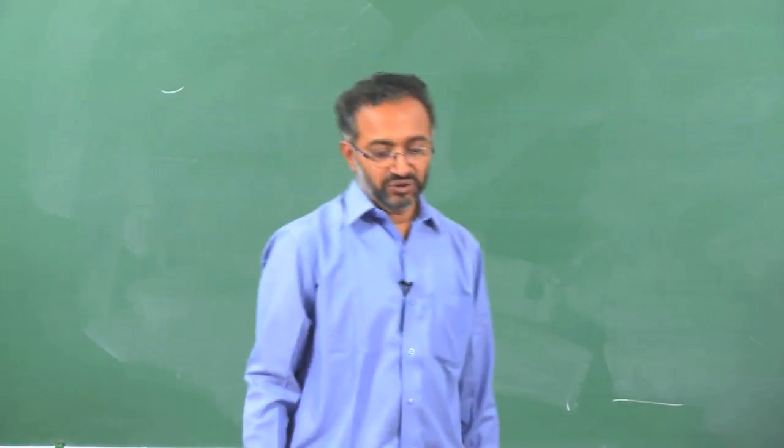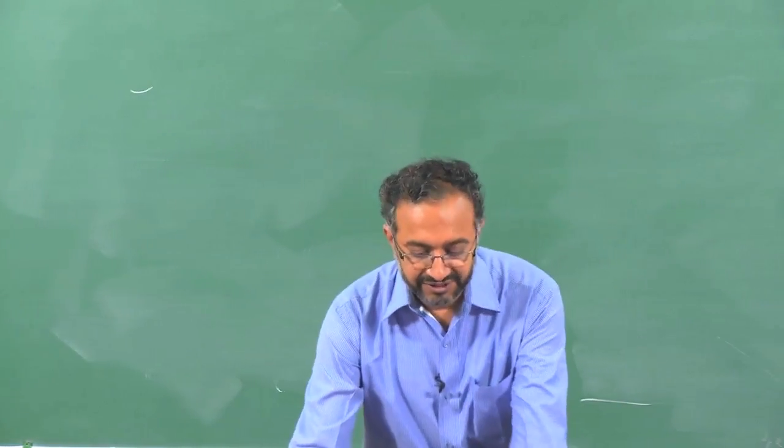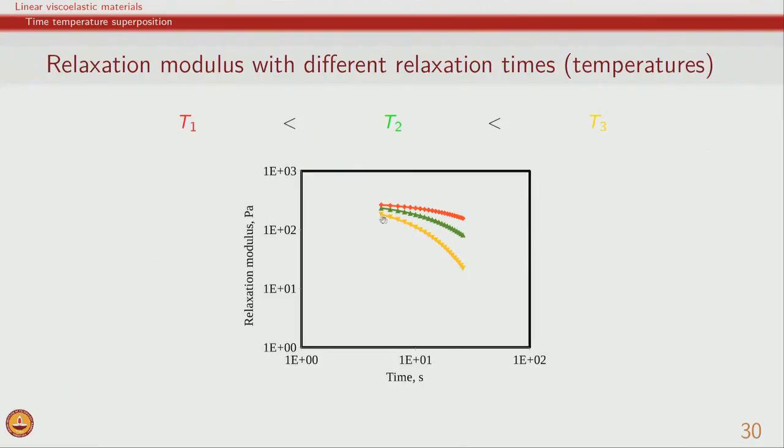The other way to think of it is that I have done the experiments for the same amount of time. If I were to obtain the response at a lower time, but at T2, what should I do? If I want the material response here, which is at a much lower time at T2,